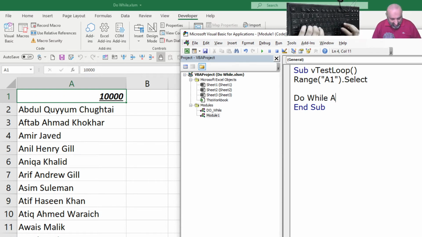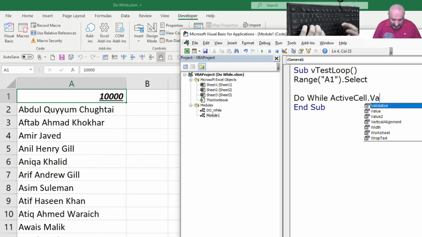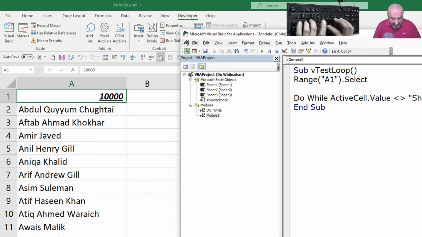While ActiveCell dot Value is not equal to the name we are looking for, and that is Sher Muhammad. I'm just making a mistake just to show you something. Okay. And it will end with Loop.